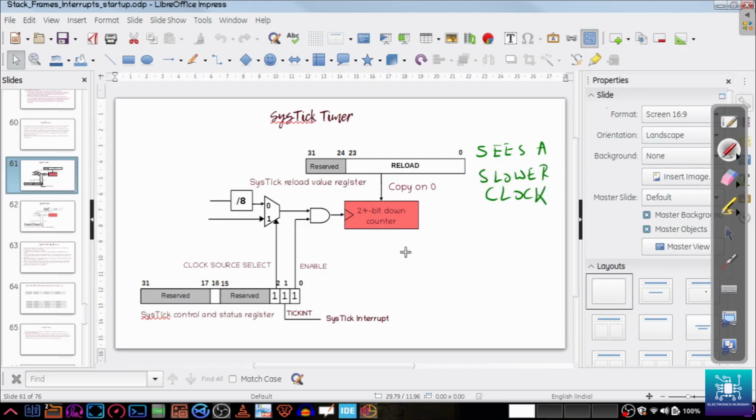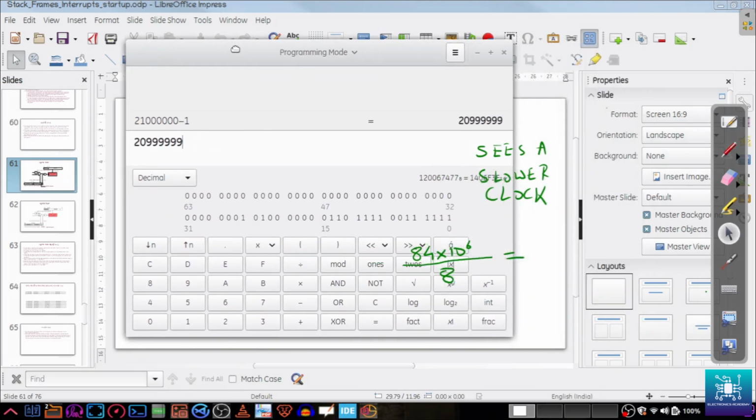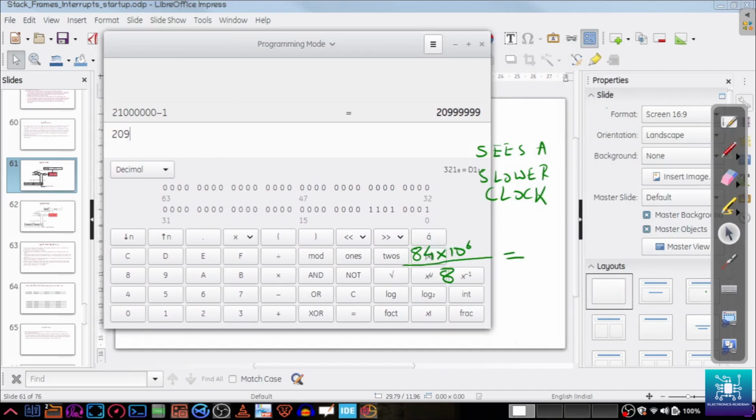So that means the system clock is 84 megahertz, or 84 into 10 to the power of 6 hertz. If you divide this by 8, so 84 into 10 to the power of 6 divided by 8, let us open up the calculator. What do we see? Let's do 84,000,000, that is 84 into 10 to the power of 6, and let's divide this by 8. We get this value